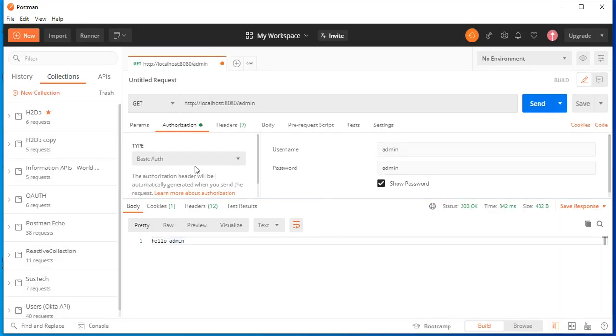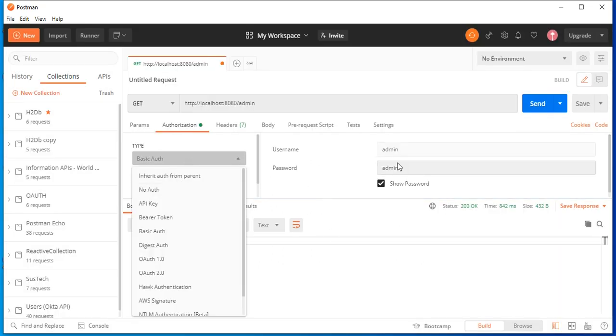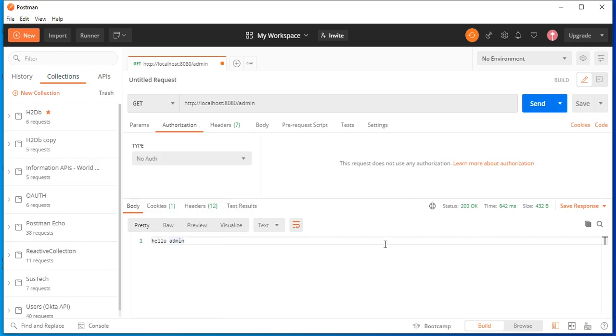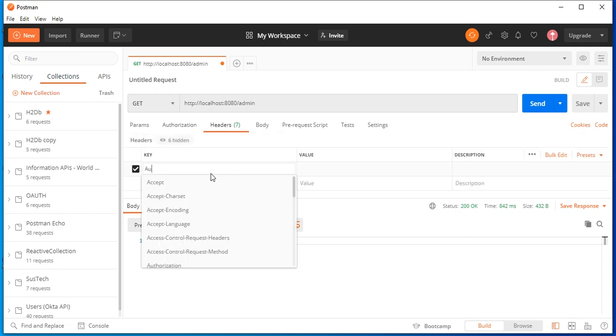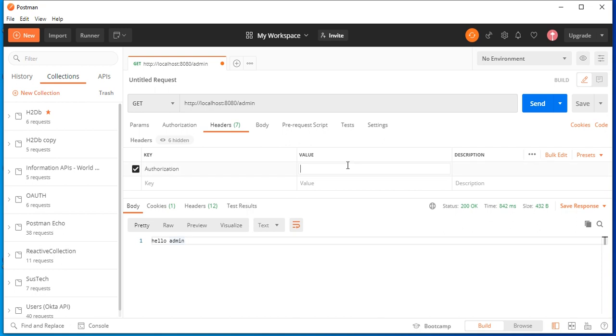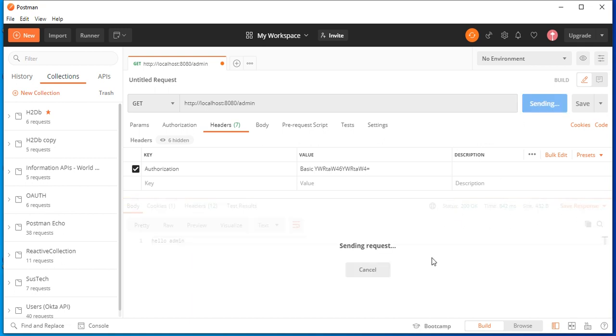That also we can do. Instead of passing this as a basic authentication in Postman, we can do it directly inside the header. We can pass authorization, and you can pass that code here.